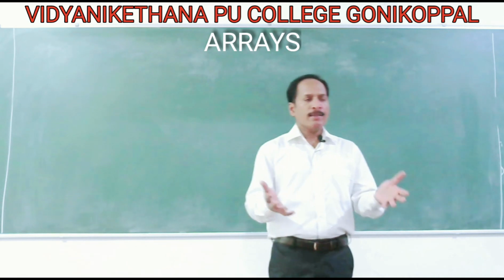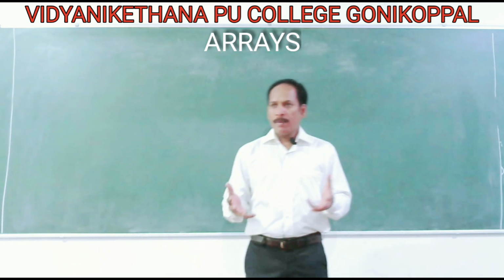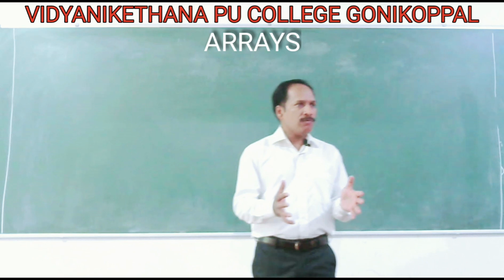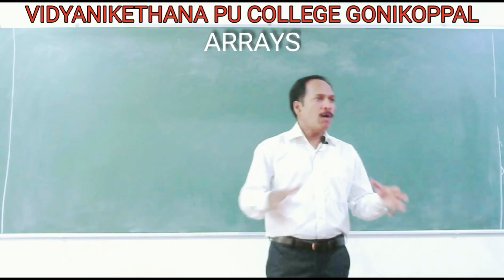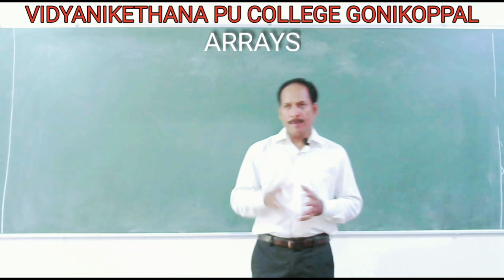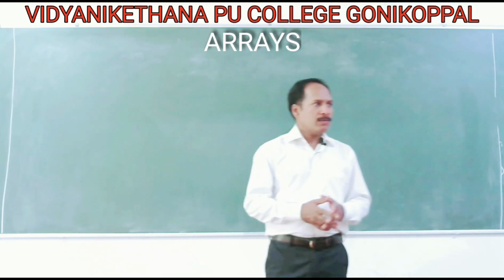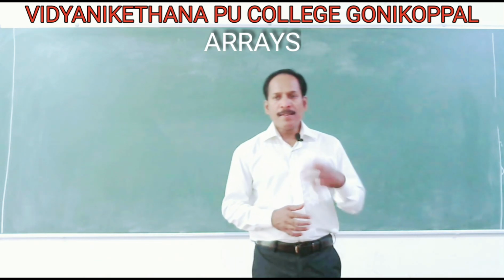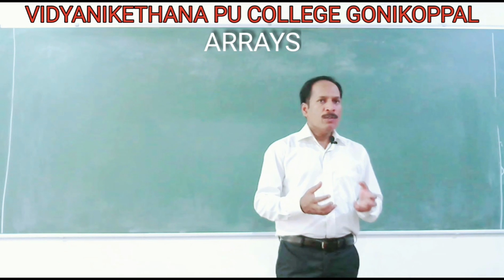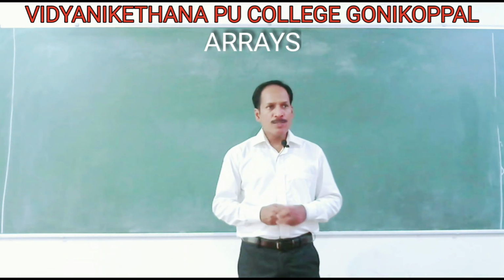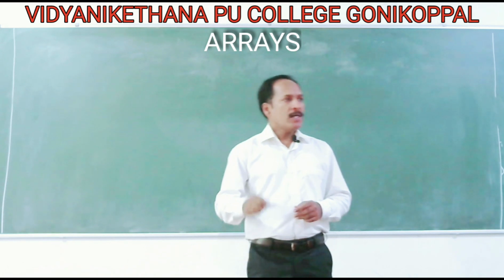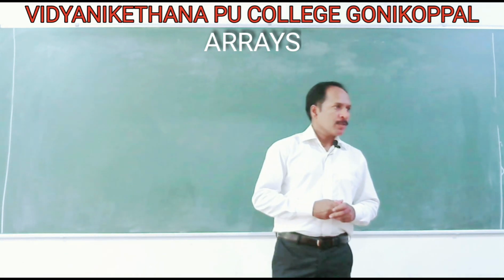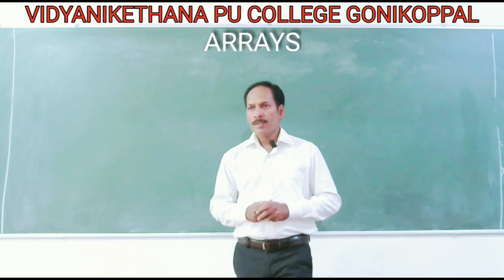So you can define it in another way. Already we know from last academic year, array is a collection of elements where each element is of the same type and sharing a common name. That's what I said, unique name. So this academic year we just modified it: array is a homogeneous collection of elements with a unique name, and all the elements are stored in adjacent memory locations. That is what we call arrays.